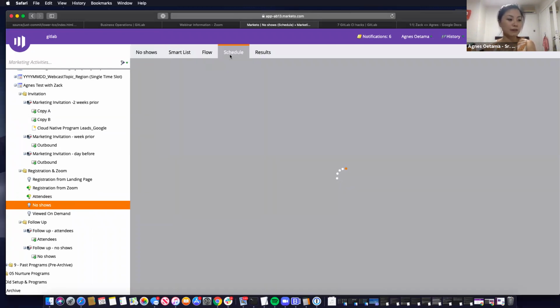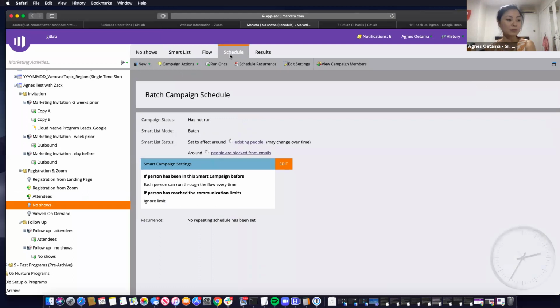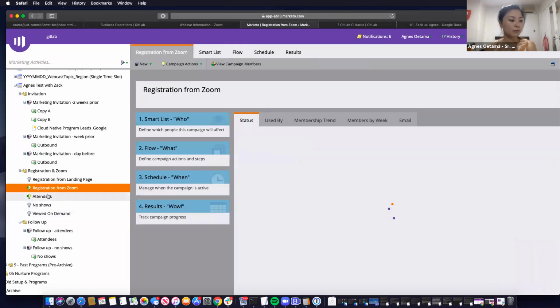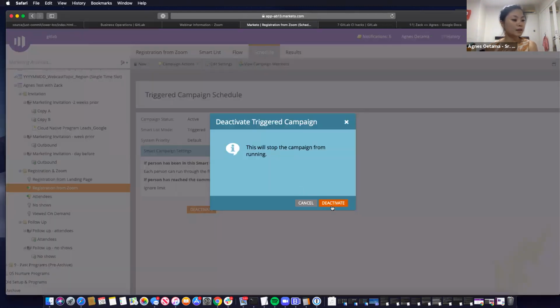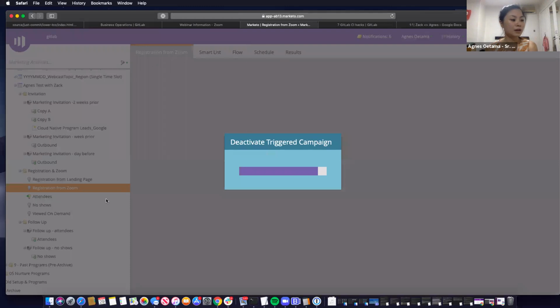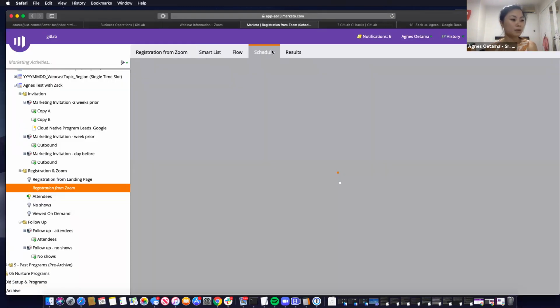So you have to run it after the webcast is over. When you see there are people in attended already, it means Zoom has finished sending all that information. It should be immediate, but just double check. Once that's over, again, you make sure you deactivate this and deactivate that, and then you move on to the on-demand setup, which is,